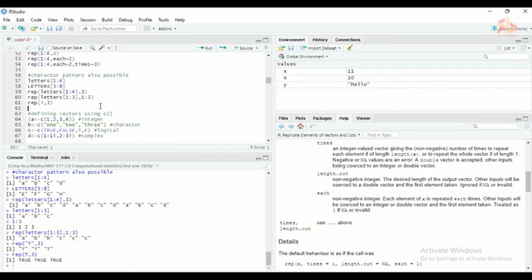So using these patterns, we can create vectors now. You can see the basic command for defining vectors is simple c and brackets. So the bracket will be a default case for every function. So c is the function, simple c. And at the same time, you can assign that created vector to a proper object name or variable name through the assignment operator.